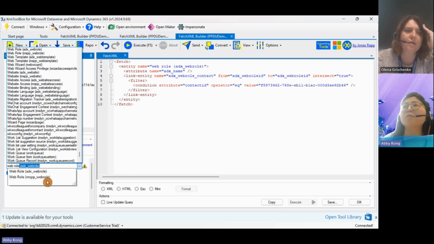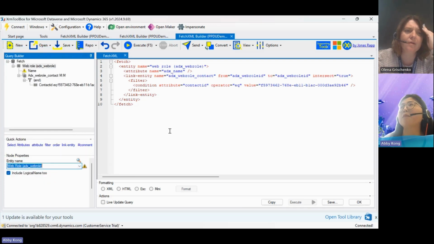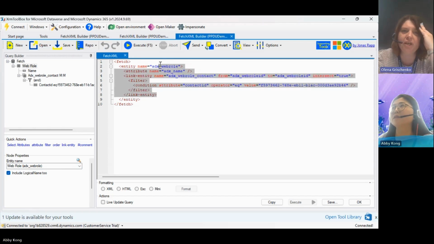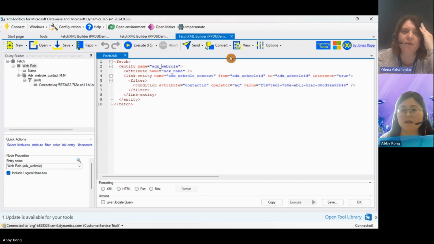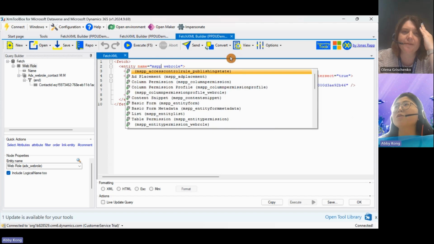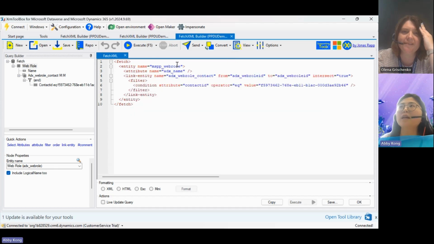So if we come to the web role and we pick MSPP web role, this definitely works. If you just change ADX to MSPP, will it work? It will not. It's not ADX name. If we just try MSPP name without